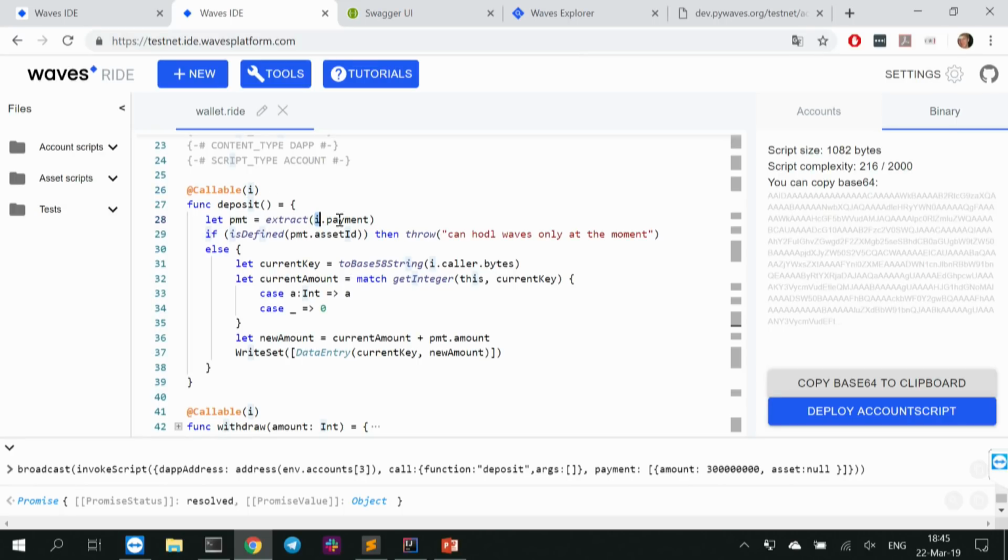So this is bound through the callable annotation and its variable. In it you can access the payment, which will allow you to find out if a payment is there and how many tokens or waves are actually attached. So we go like this. If tokens are attached, then sorry, we can only work with waves. This contract can only work with waves at the moment. Then we read our state and try to understand how many tokens this person already has. So we build the current key from his address. We query the account state